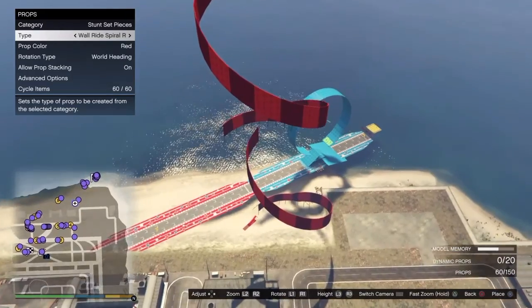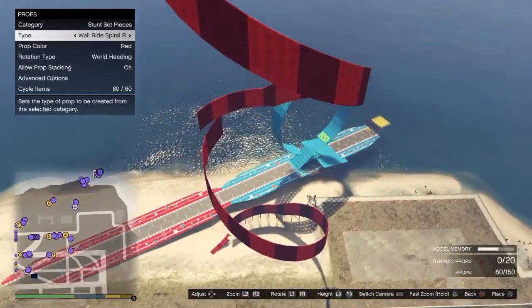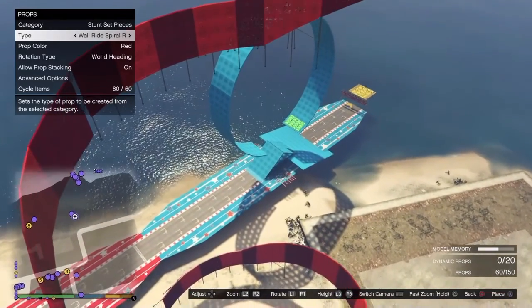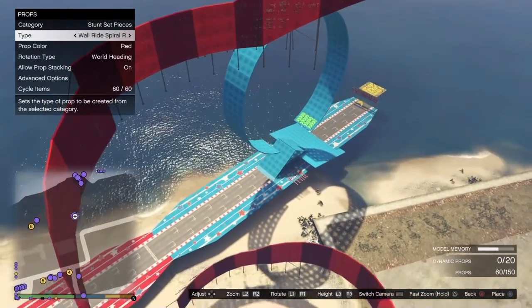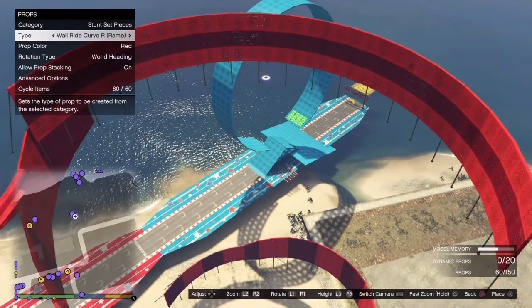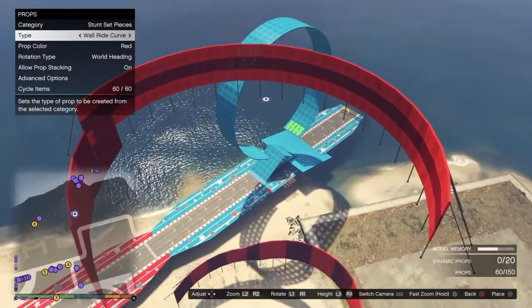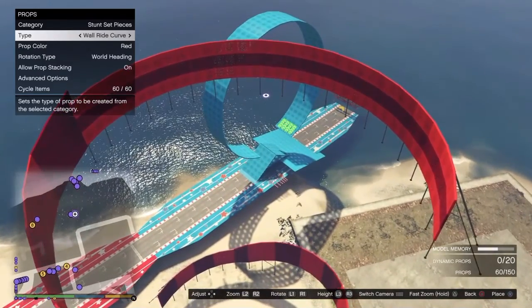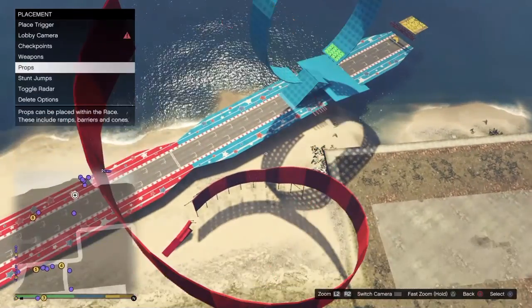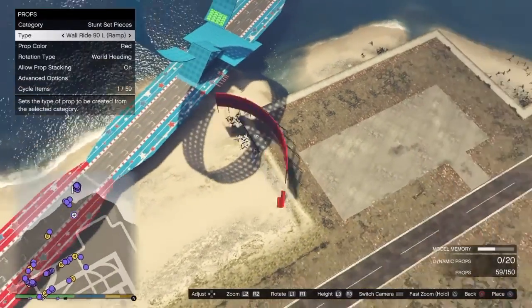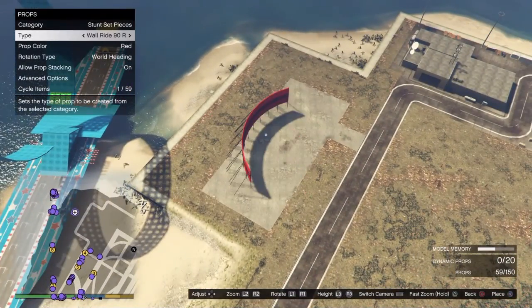I haven't messed around with these yet, but it should connect just like normal. Let me see if I can get it to work. Okay, so that's not connecting. Let me see if there's a different one. All right, curve, maybe it'll connect. No. Oh, it doesn't have the prop snapping feature. I thought it did. But so it doesn't, the wall rides do not have a prop snapping feature,